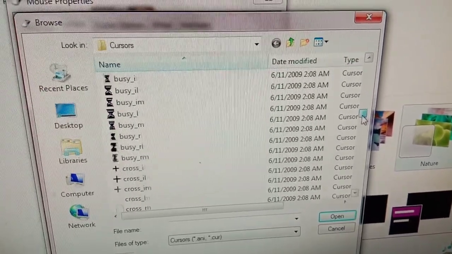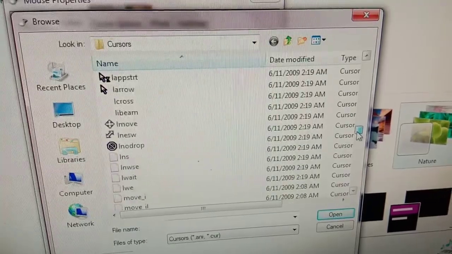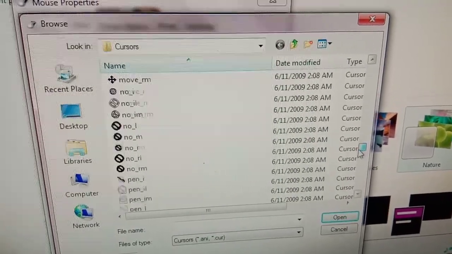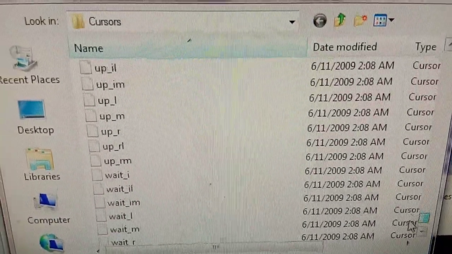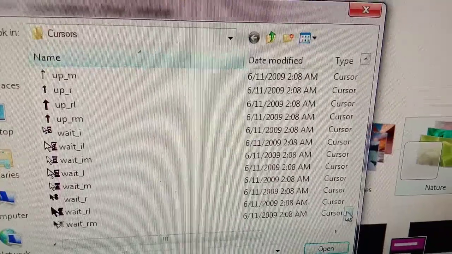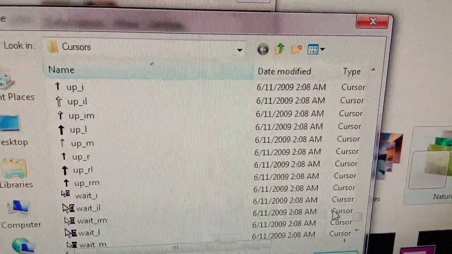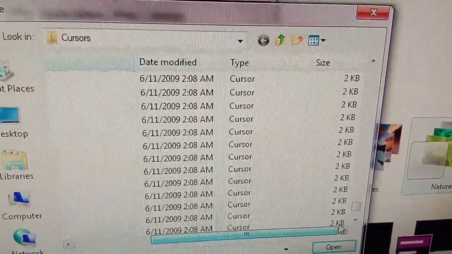For example, I want to make my icon like, let me see, it has some interesting icon. So these icons are done. Okay, let me see.